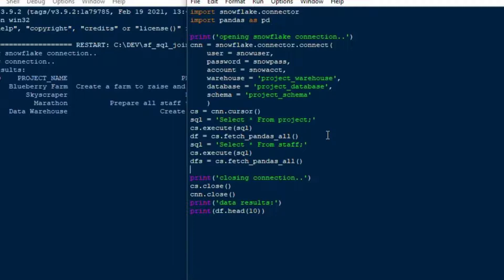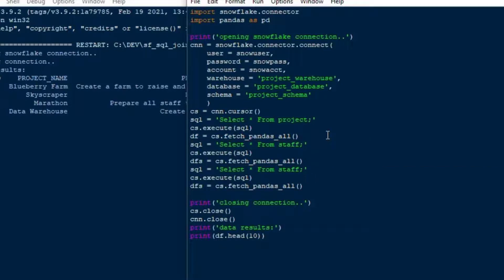And I'm also going to grab the table. Now I'm just going to copy and paste it this time. I'm going to copy the junction table, which is called project_staff. That table creates the many-to-many relationship that we're looking at here. So I'll call that one DFPS, and I'll print both of those tables,